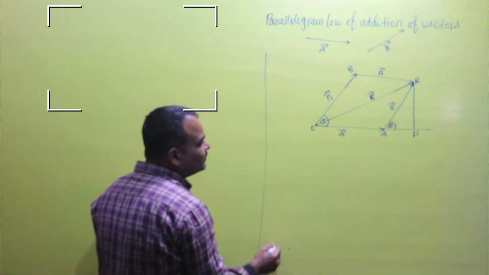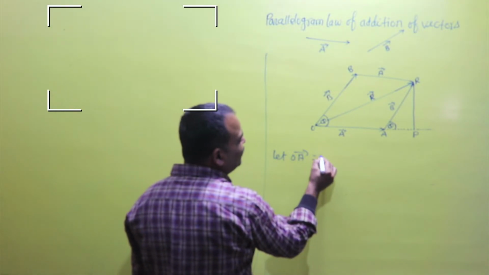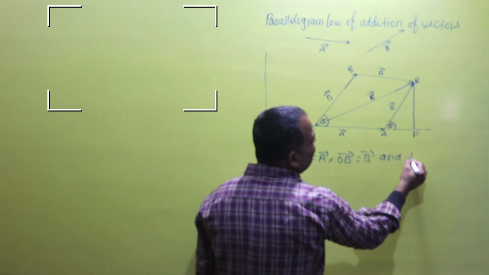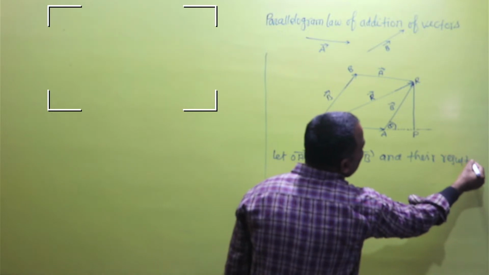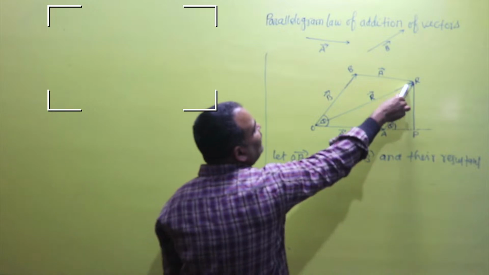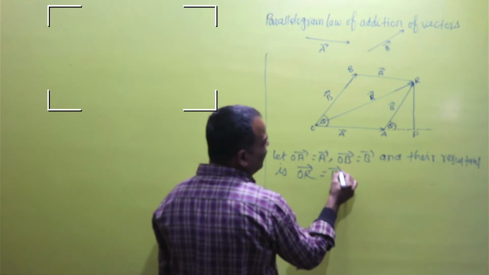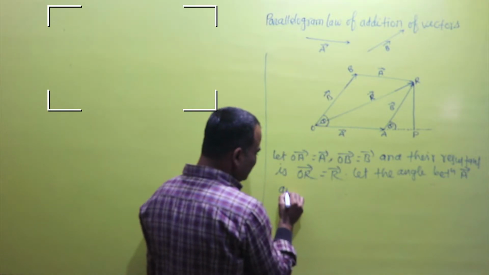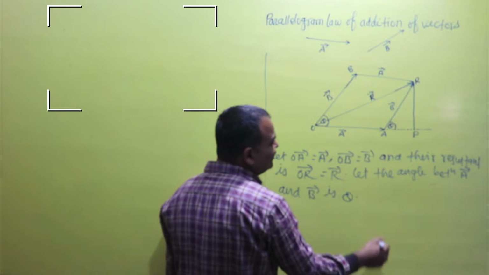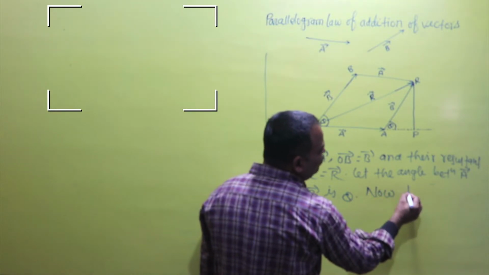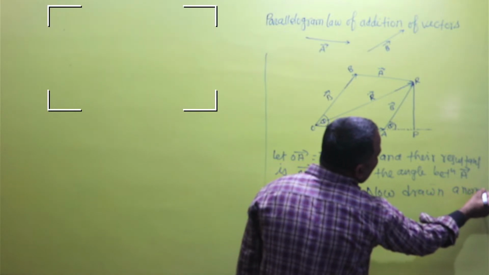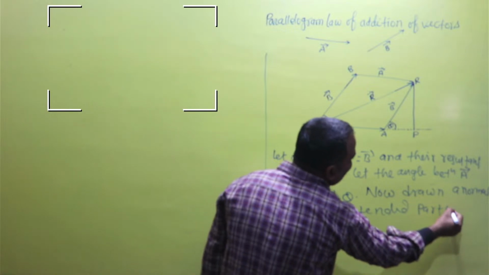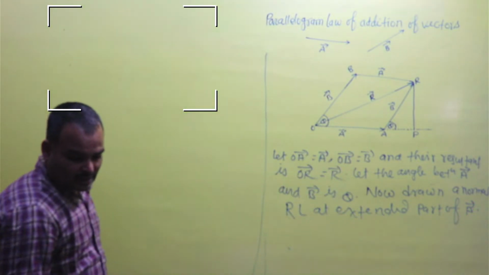So we can write that let OA be equal to vector A, OB equal to vector B, and the resultant vector OR equal to R. Let the angle between vector A and vector B be theta. Now we have drawn a normal RP at the extended part of vector A. Now from the geometry of the figure,